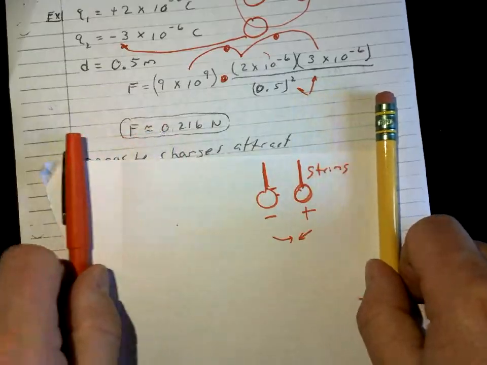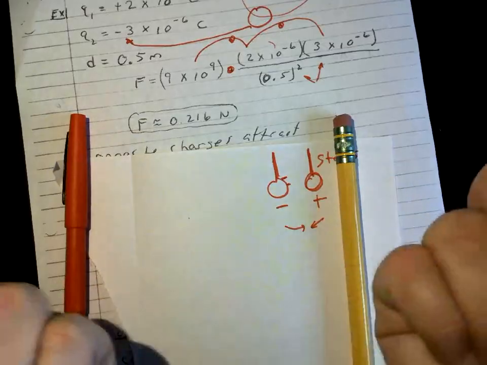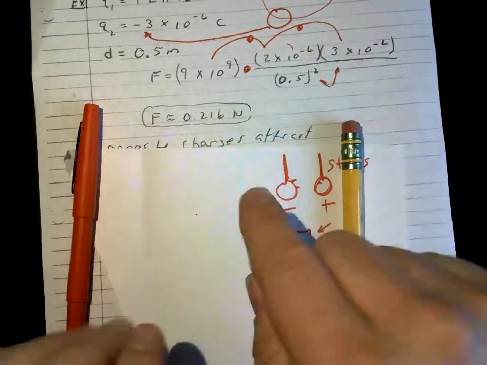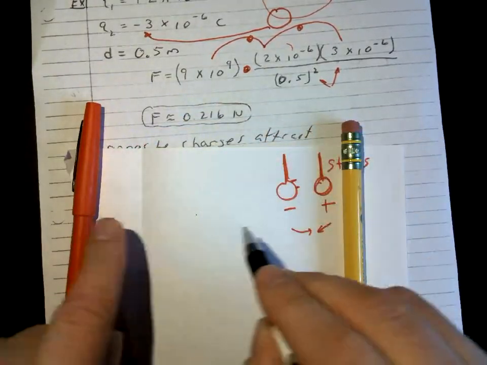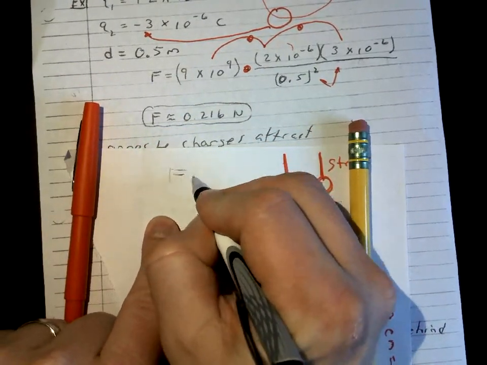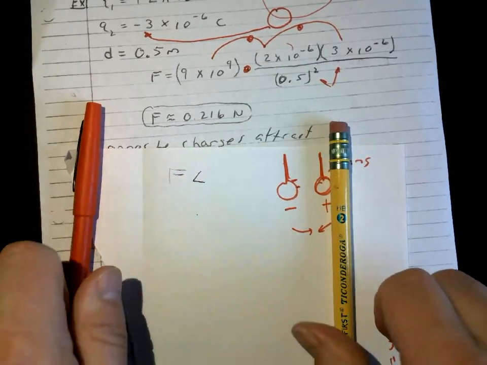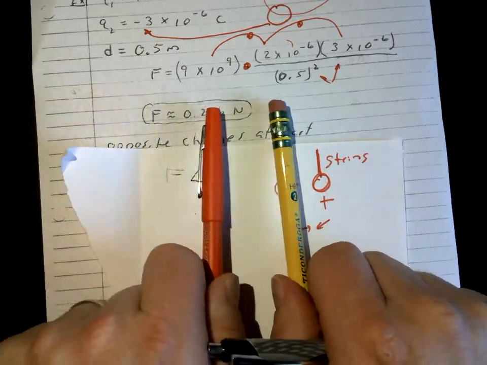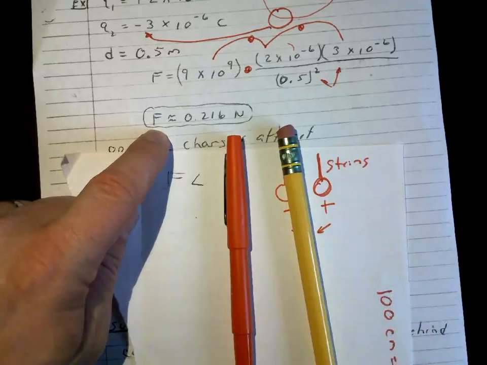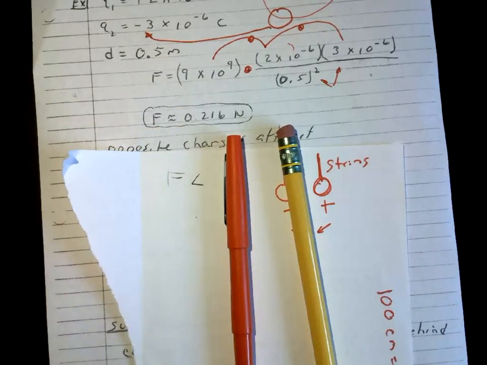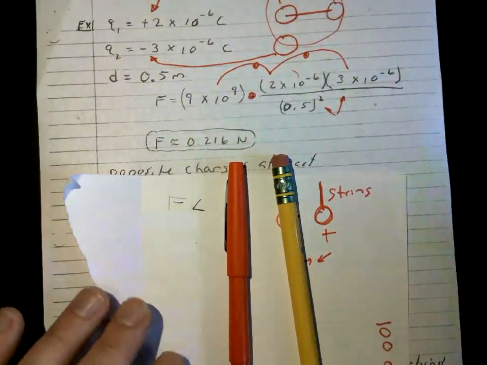So if you move them away, what happens to the force? As these objects move away, what happens to the force? It becomes smaller. So as these climb, that force is going to get less. And as these two objects come closer to each other, this is going to climb. I hope that you see the application of this and not just, I see the numbers and it freaks me out. No, I want you to kind of say as